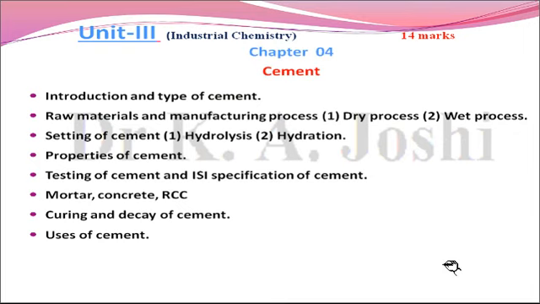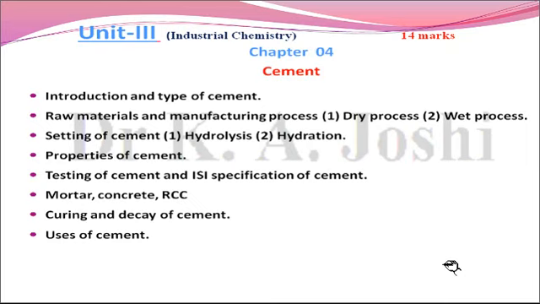Now unit 3 in industrial chemistry will start. The name of the chapter is cement. So friends, do you know what cement is? Cement is a binder, a substance used for construction that hardens and adheres to other materials to bind them together. So in this chapter